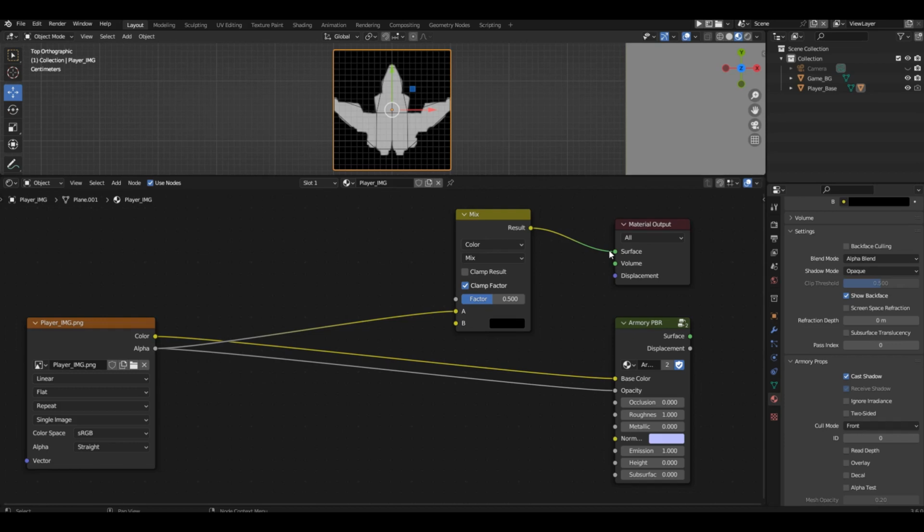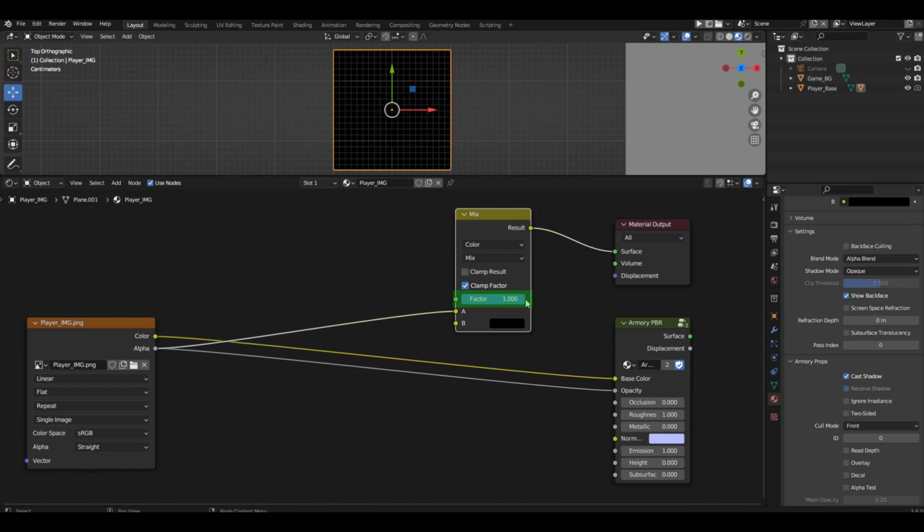It has become gray. Currently, our block works in mix mode. This means it blends two inputs in a specified proportion. Right now, our slider is in the middle, and we can see a value of 0.5. This means both channels are mixed evenly, 50-50. If we move the slider to the left, to the value of 0, it means we will see only the first channel. Now, our alpha mask has returned to its previous state. And if we move the slider to the right to the value of 1, it means we will see only the second channel, just pure black.